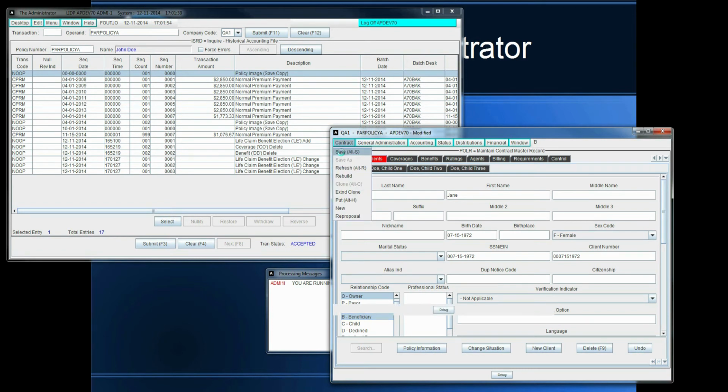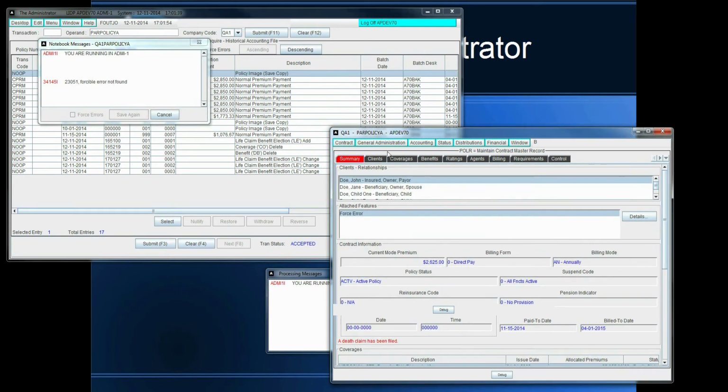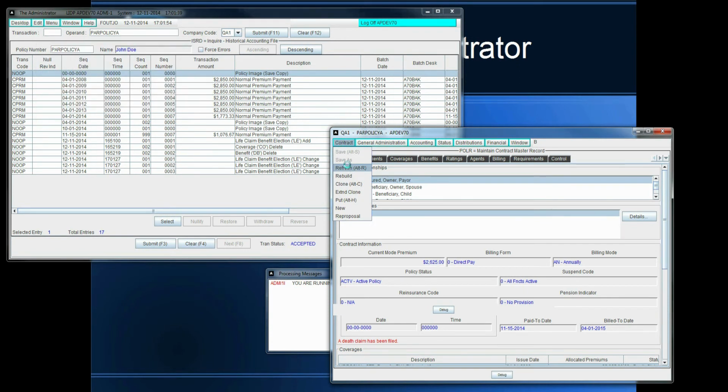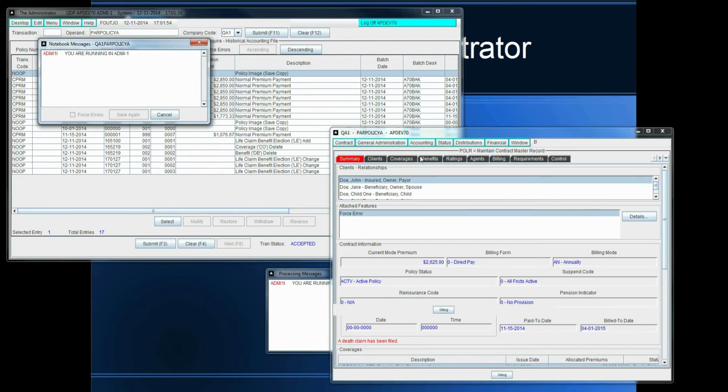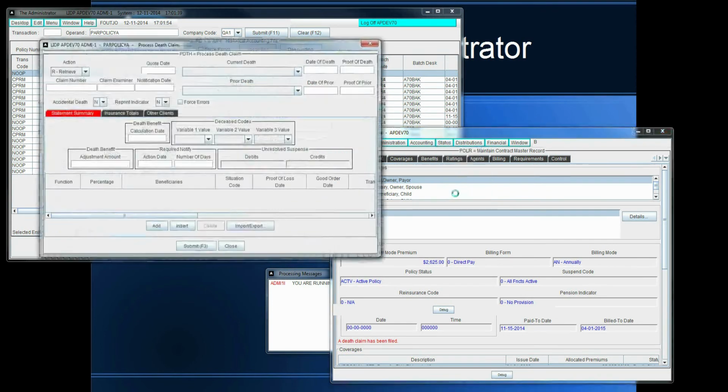And if I save that, then I can come back. I actually have to refresh the contract when I've made a client change because of some things that go on in the background. But I can come back to my death claim again,